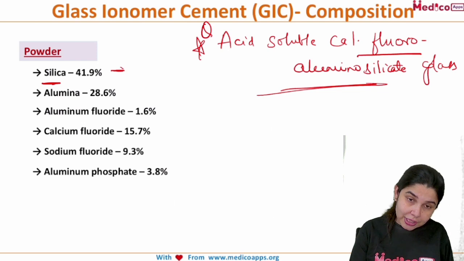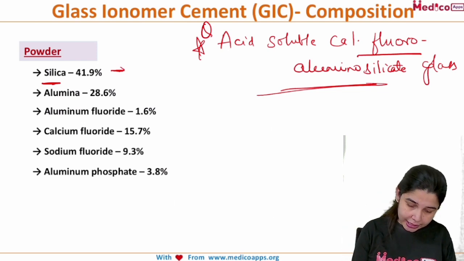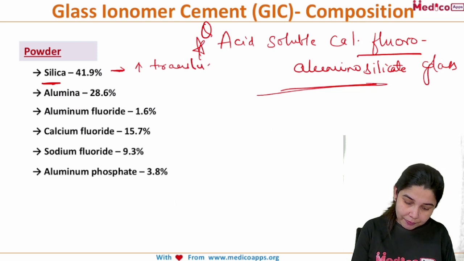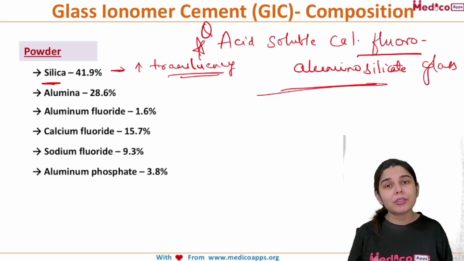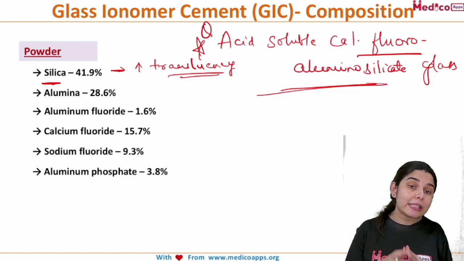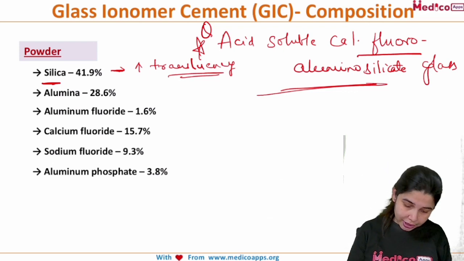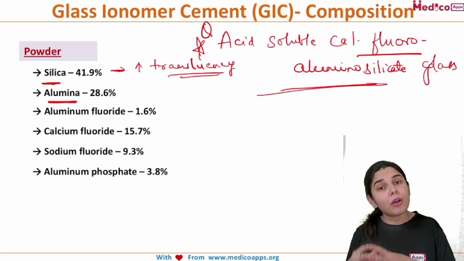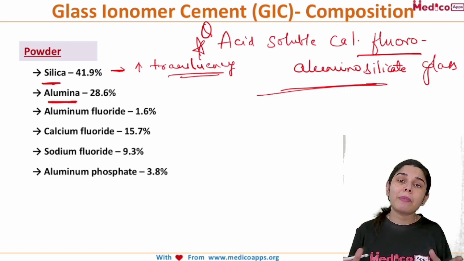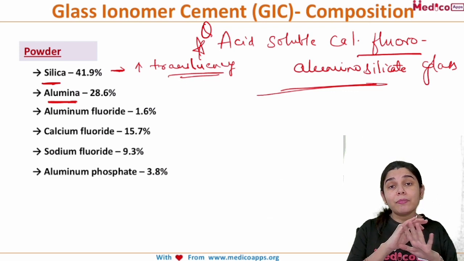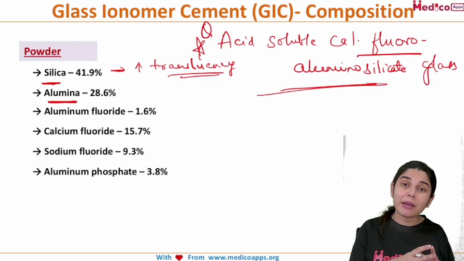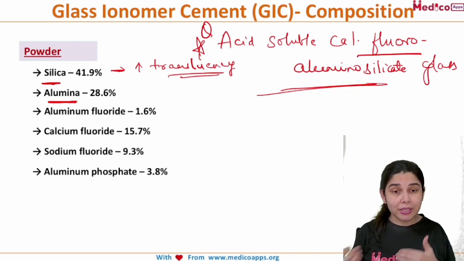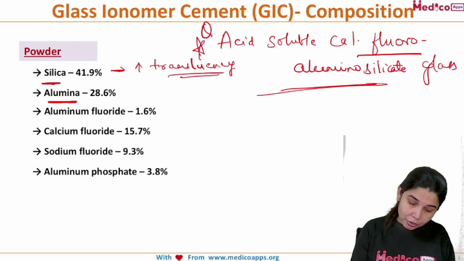What is the function of silica? Silica basically increases the translucency. So the first component is silica, that is 42%, and its function is that it increases the translucency. The second component is alumina, and alumina is around 28.6%, which you can remember as 29%. That is also a whole digit which will be helpful: 42, and then 29% of alumina is present. What is the function of alumina? It increases the opacity